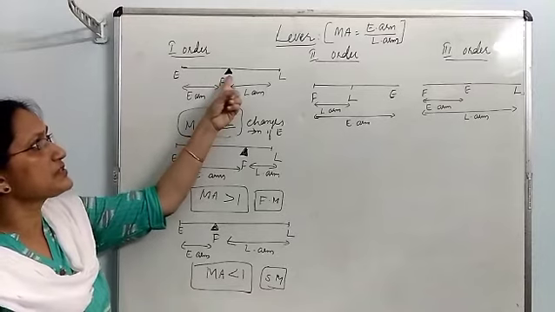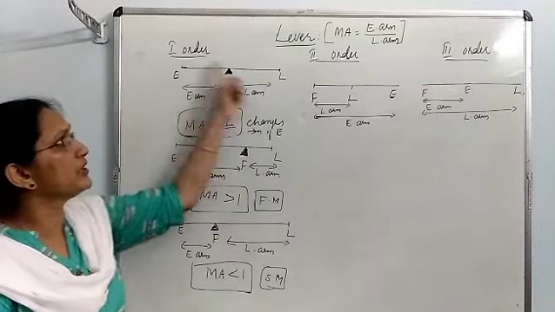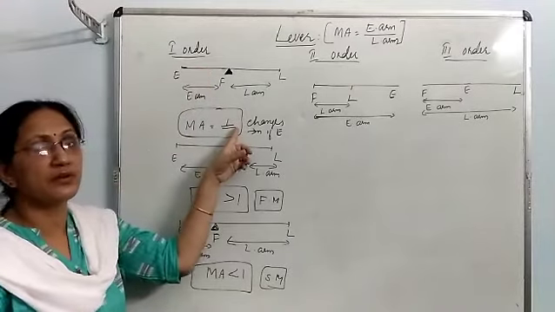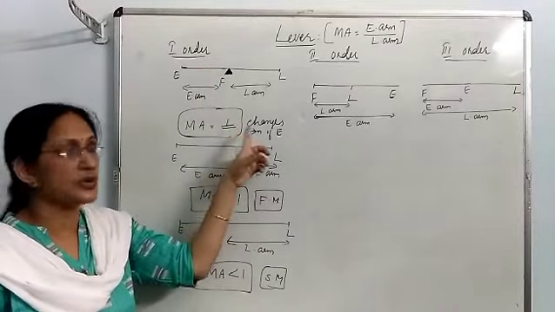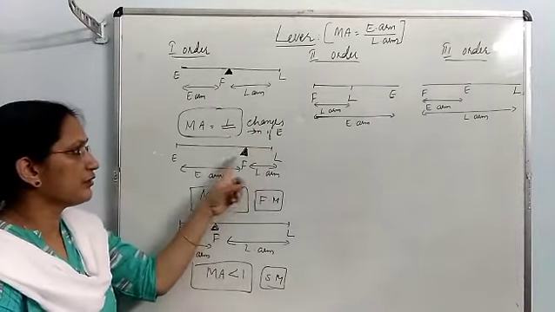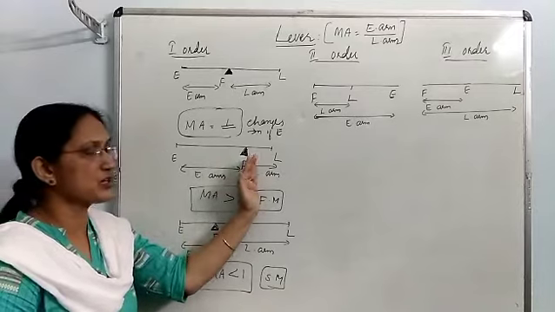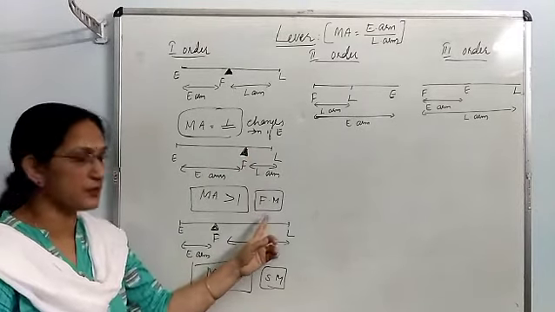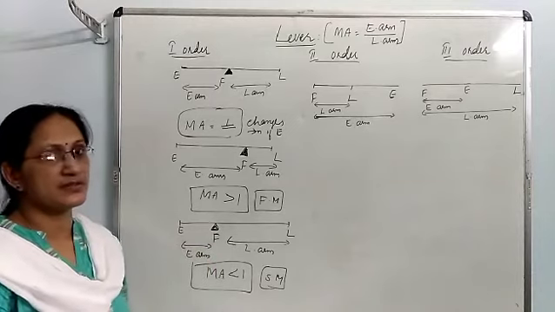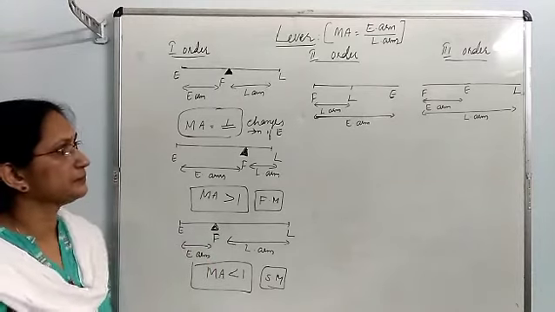If the fulcrum comes at the exact midpoint of the lever, that means load arm and effort arm are equal, then MA will be equal to 1. In that situation, it helps us to change the direction of effort. Then if the fulcrum is shifted towards load, it is working as a force multiplier. If the fulcrum is shifted towards effort, it functions as a speed multiplier.